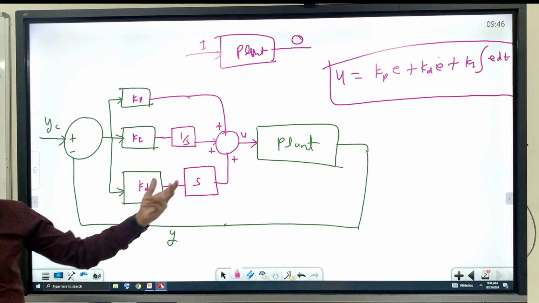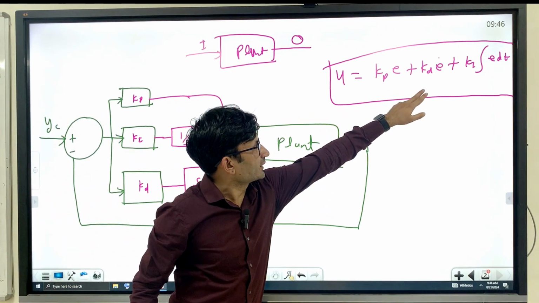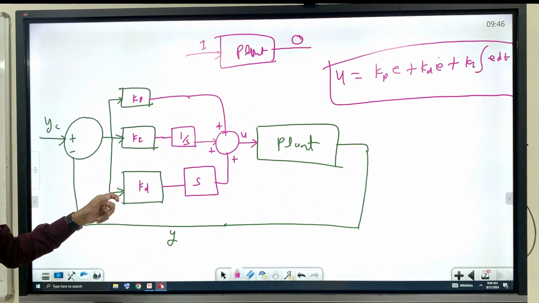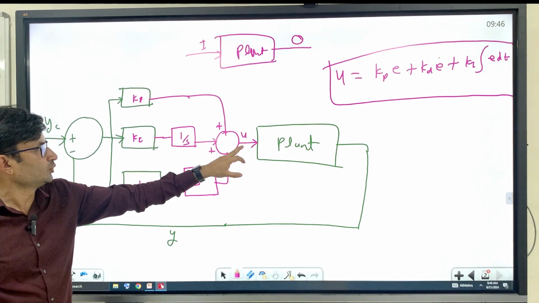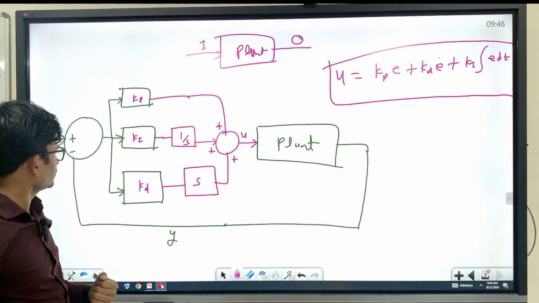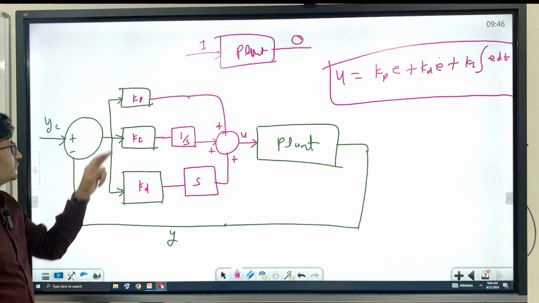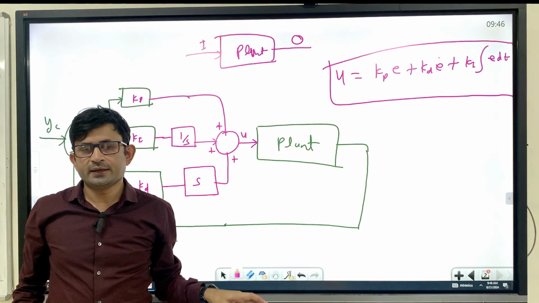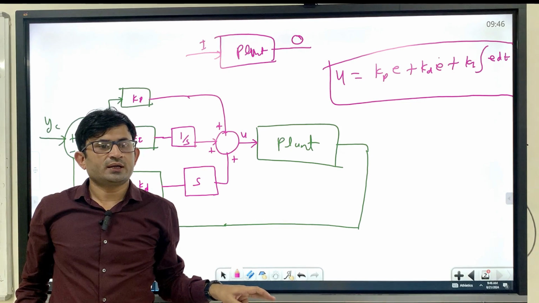Proportional action, derivative action, and integral action. So by 3 actions you can supply the input U to the plant in order to get the desired response. First question is how you will select this gain, and what are the